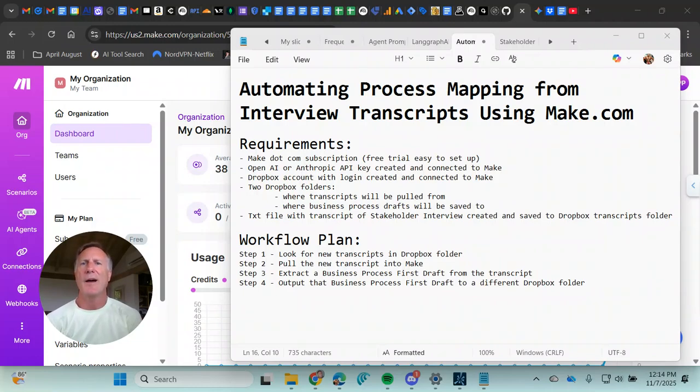Hi, welcome. In this lesson, we're going to use make.com to automate process mapping from interview transcripts. This is a super powerful, fairly simple workflow to demonstrate how make.com can be used to save you dozens, maybe over time even hundreds of hours in taking your stakeholder interviews and turning them into, at least for this example, text-based